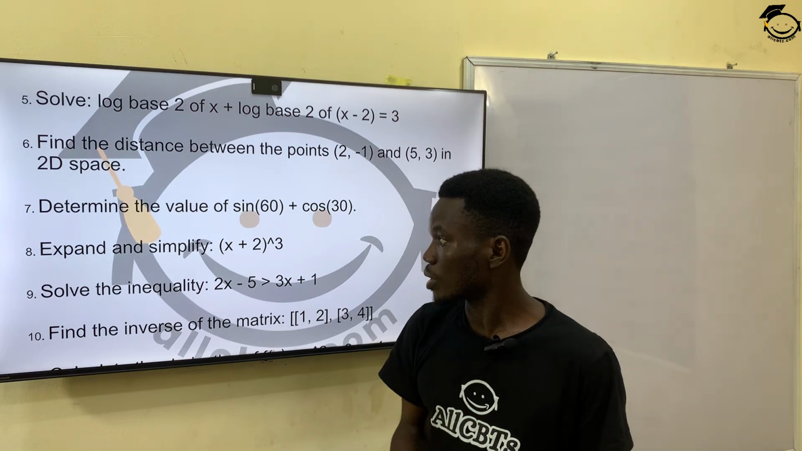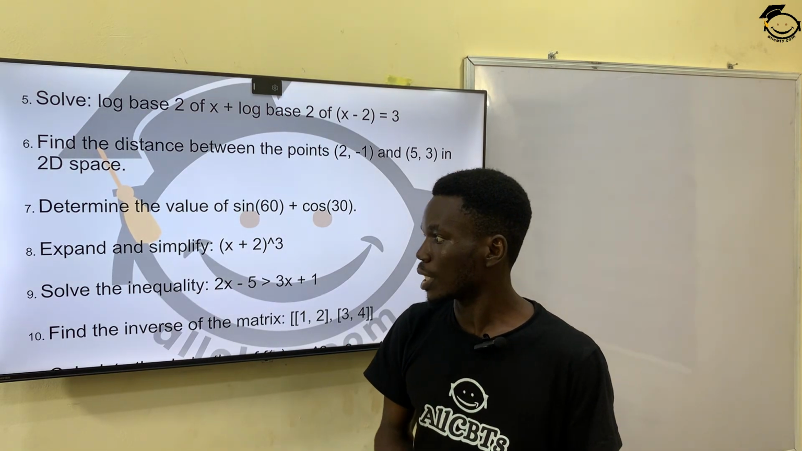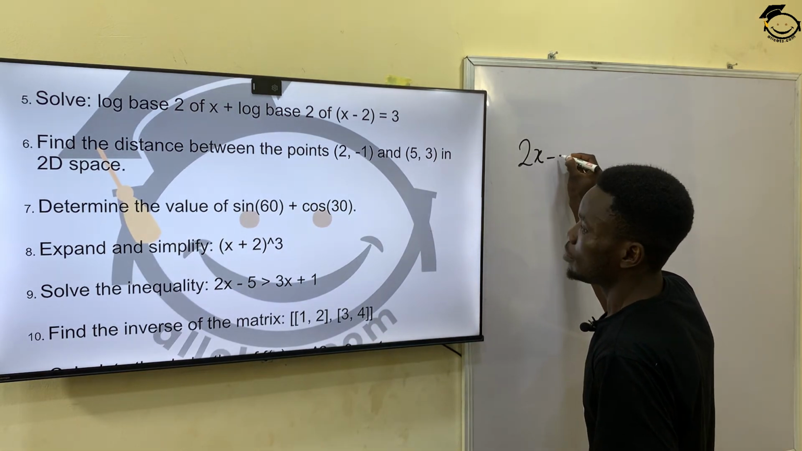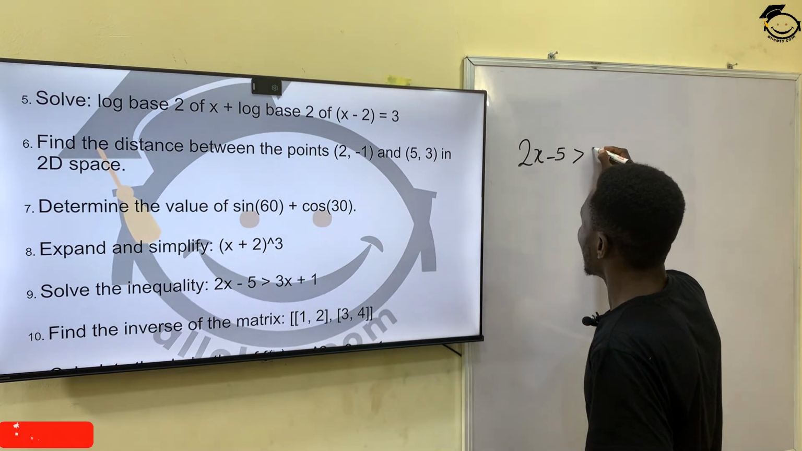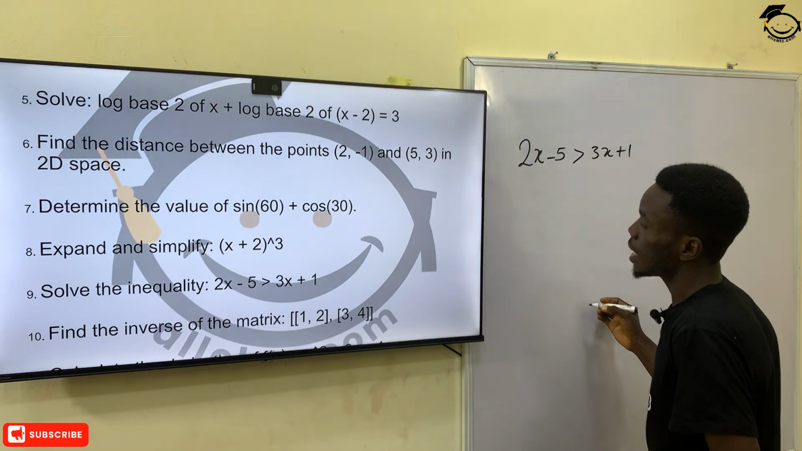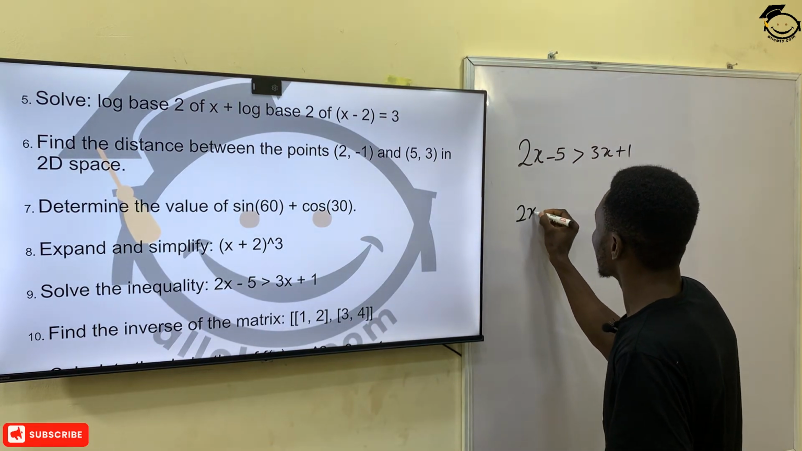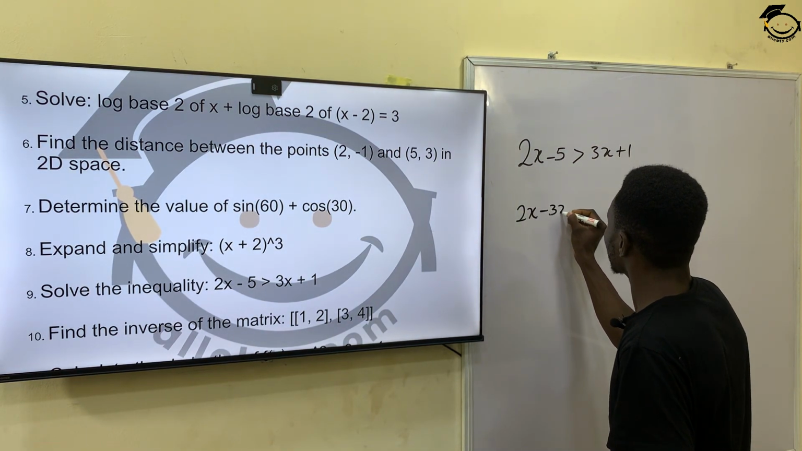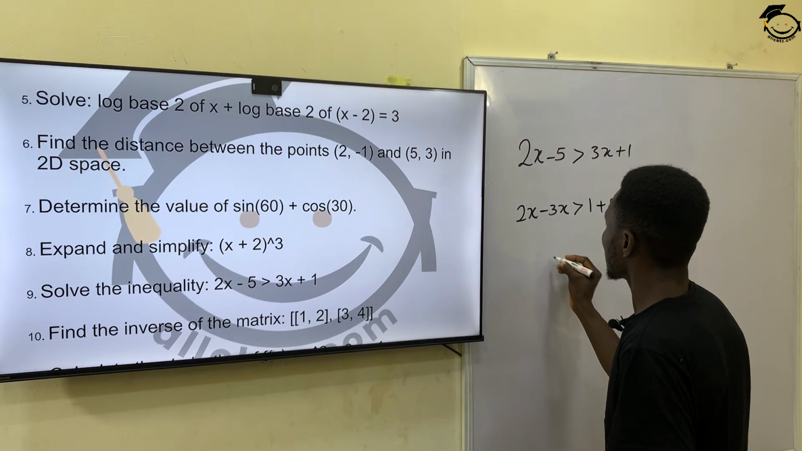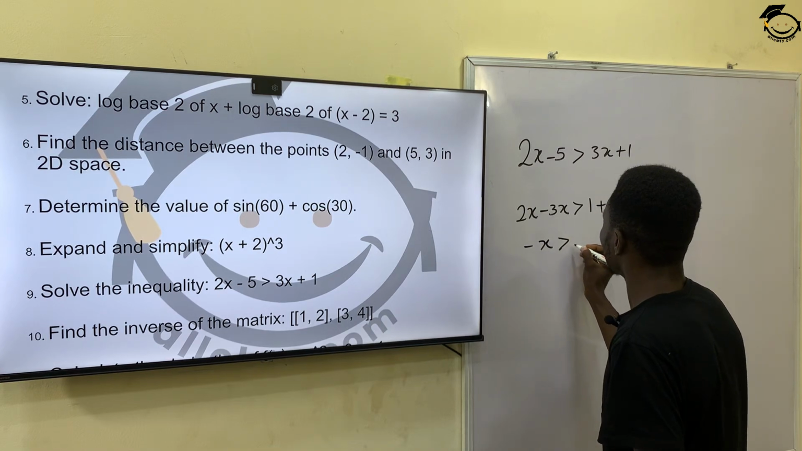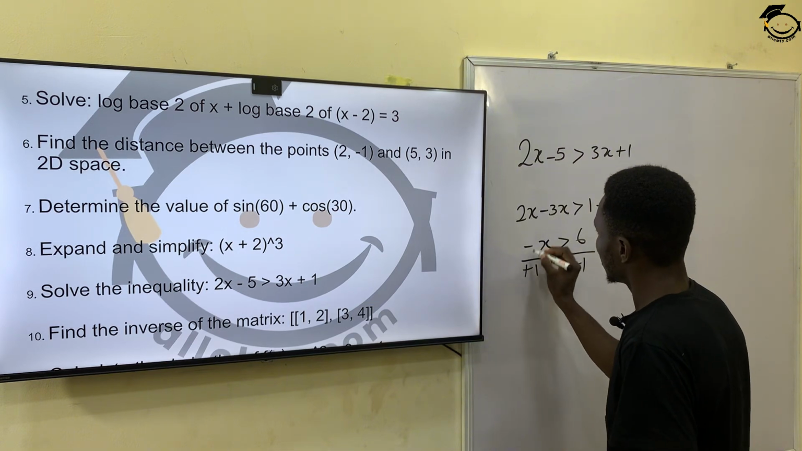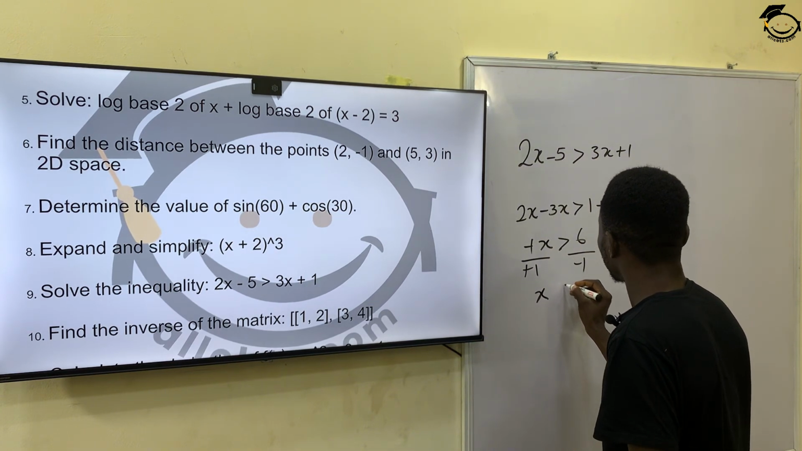So that takes us to question number 9, which said solve the inequality. So we have the inequality 2x minus 5 greater than 3x plus 1. So the first thing I'm supposed to do here is to collect like terms, and that will give me 2x minus 3x greater than 1 plus 5. So this is the same as I have minus x greater than 6. So I divide through by minus 1 divided by minus 1. So it means that my x will be less than